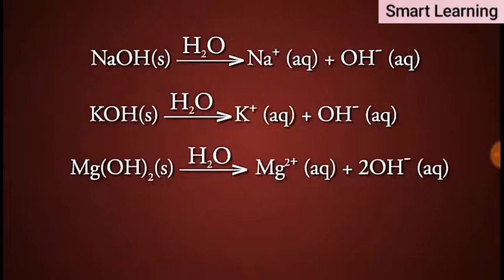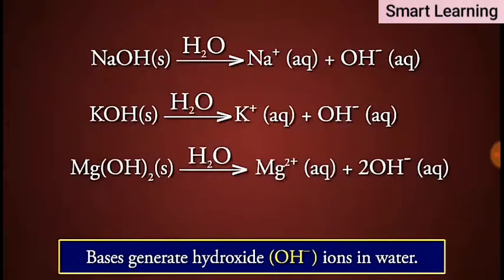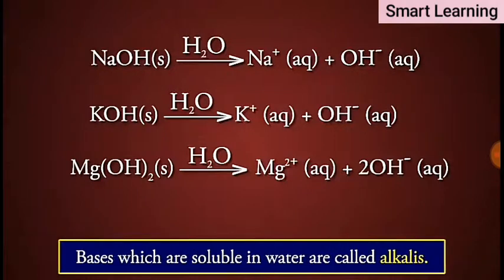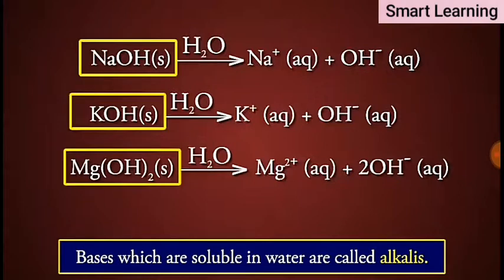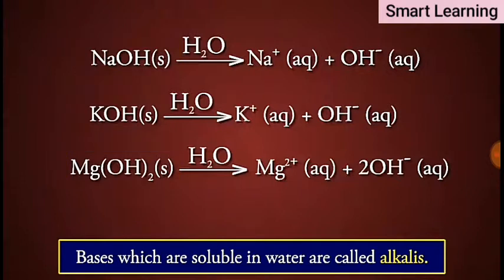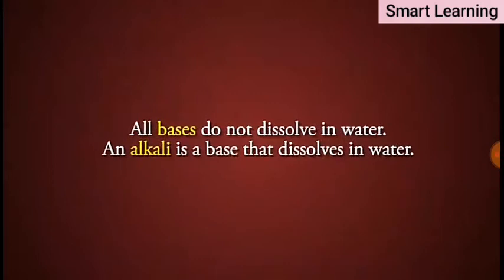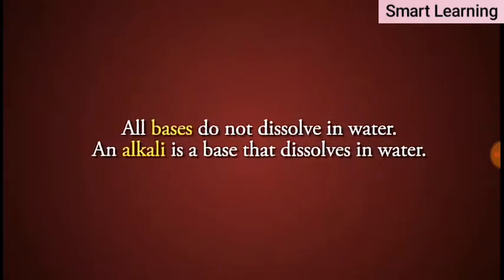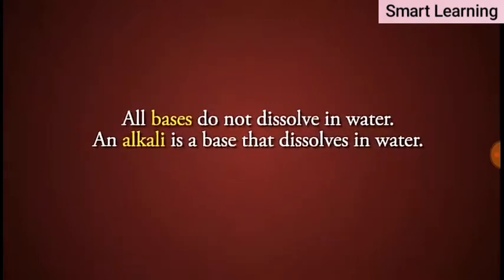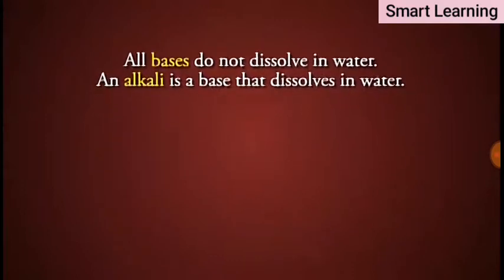So we can conclude that bases generate hydroxide or OH- ions in water. Bases which are soluble in water are called alkalis. But do you know, all bases do not dissolve in water. An alkali is a base that dissolves in water. They are